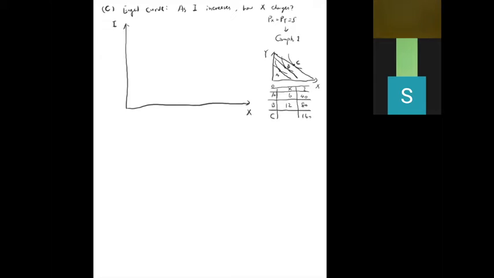And the consumption of X is 24. Okay, so we can just reflect this information on our indifference curves by connecting the dots representing A, B, C. So here when X equals 6, I equals 40, and if it's doubled to 12, income doubled to 80, and if it's doubled again to 24, income is doubled. So we have these dots